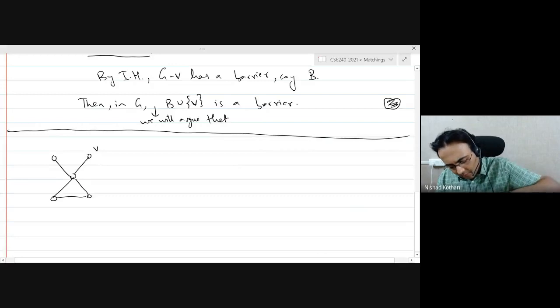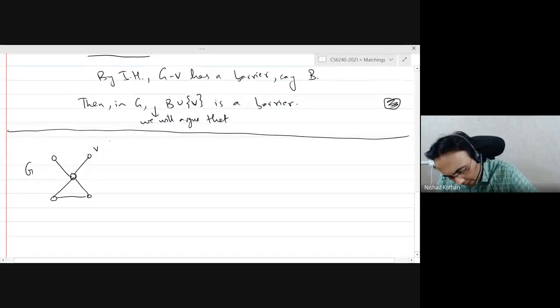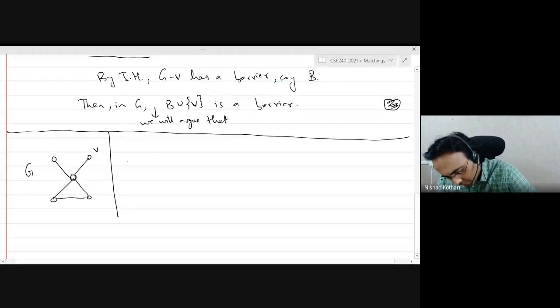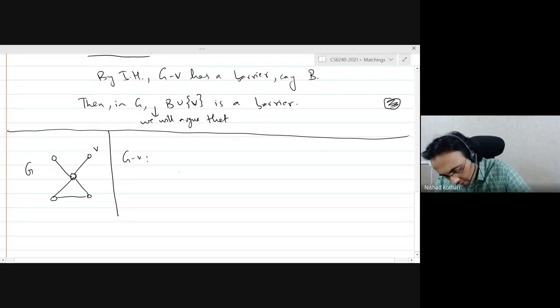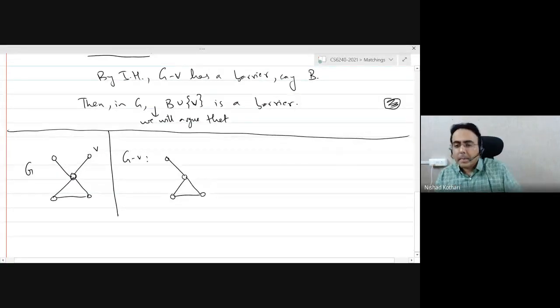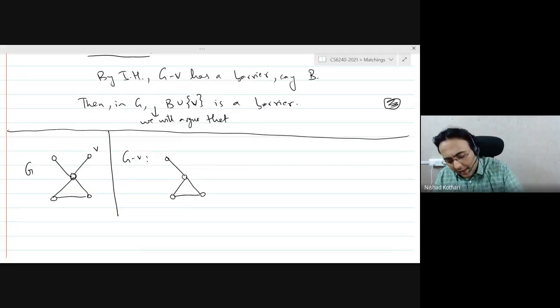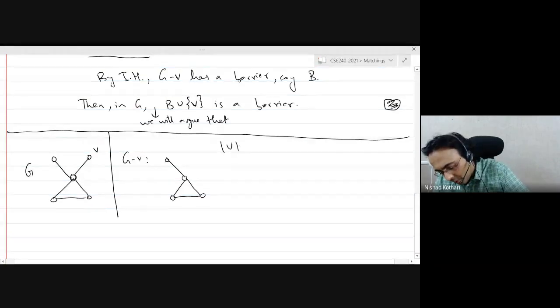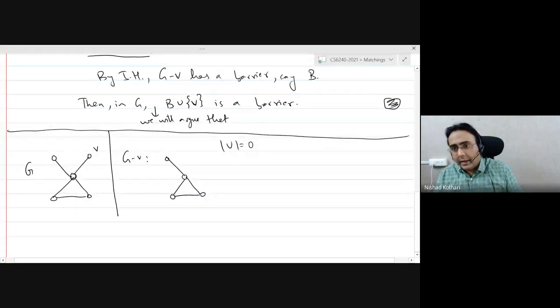So I have the graph G, and I look at my graph G minus v. Now in this graph, notice that there is a perfect matching, right? And u is equal to 0. In any maximum matching, the number of unmatched vertices is 0.